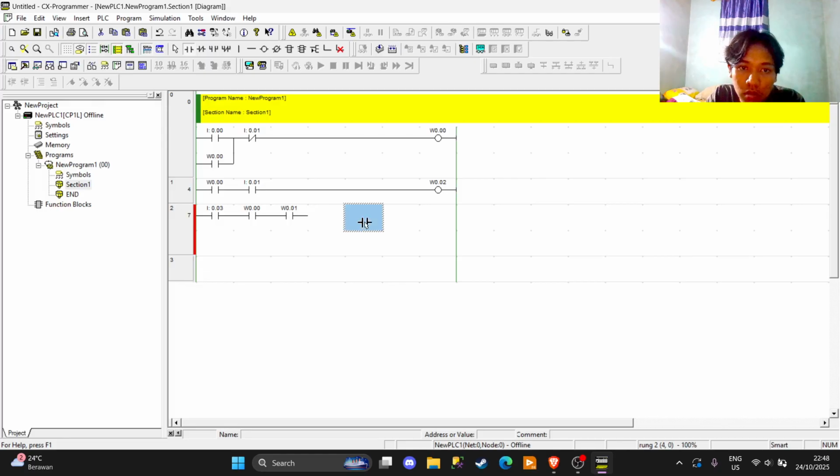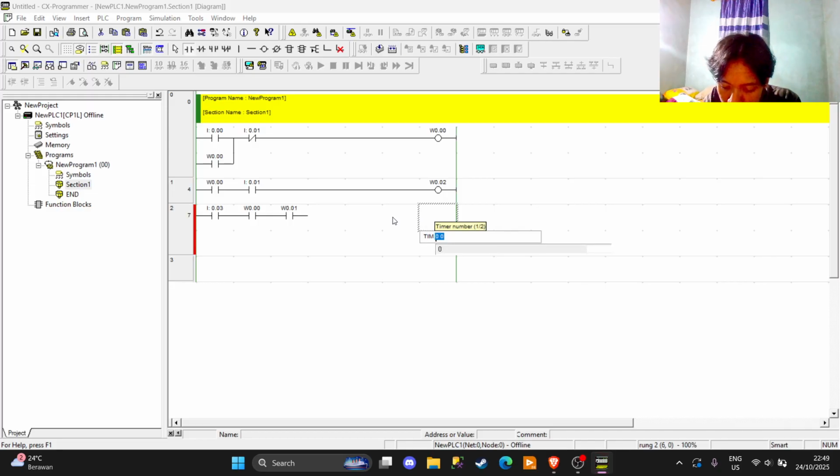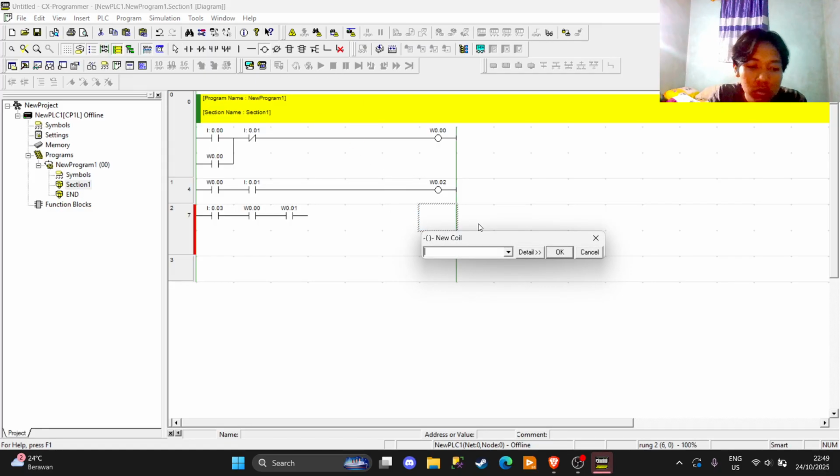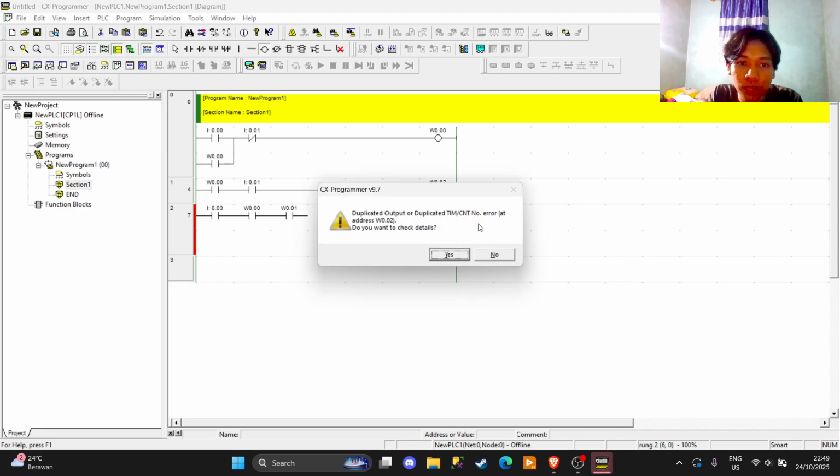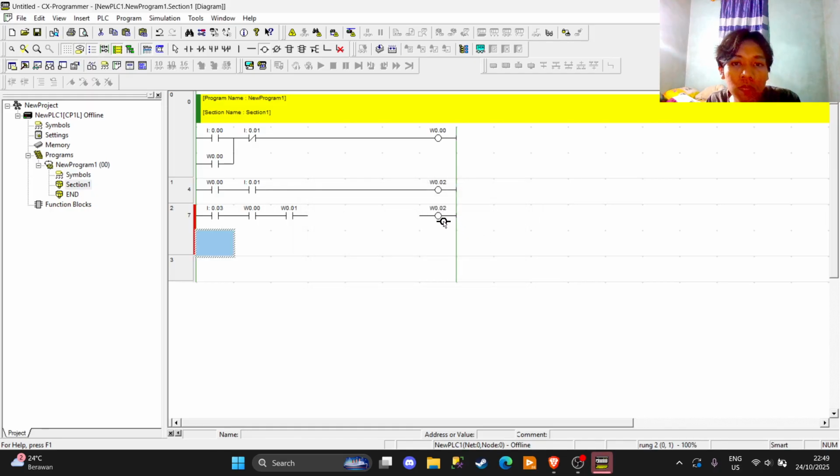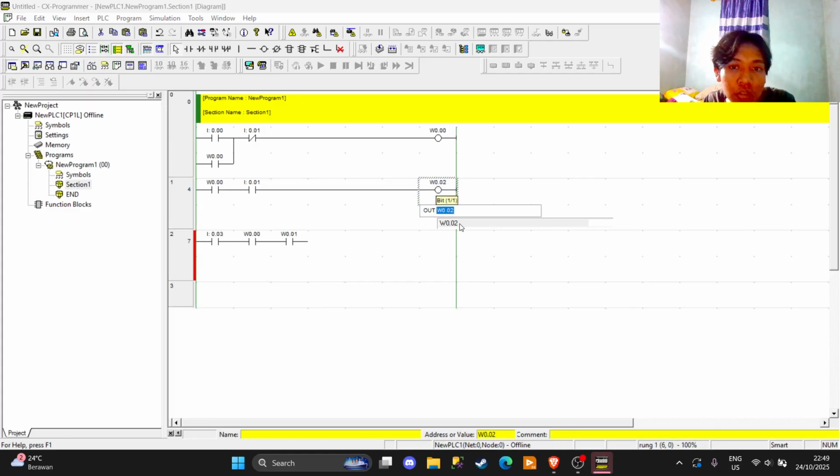And then the timer, we're going to put the timer in here, with this as the output. It's V002, V002. This is the V001 output.